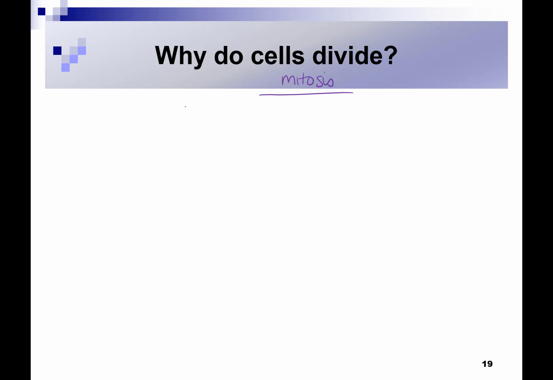And some of the reasons is we do this to grow. So you were once a little kid, now you're a big kid, and you had to grow. And the way you grew was not by making bigger cells, because we already know we need to keep that large cell surface to small volume ratio. So you had to make more cells. Repair. So if you damage your body, you can repair it by making more cells through mitosis,